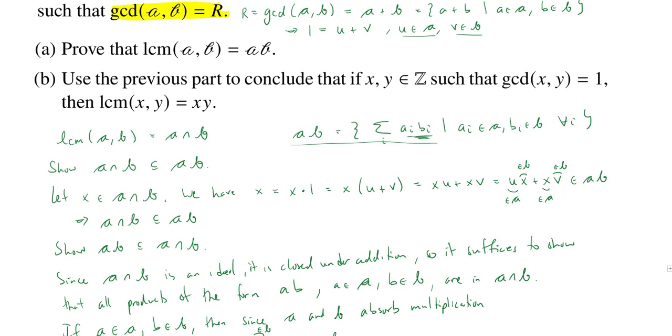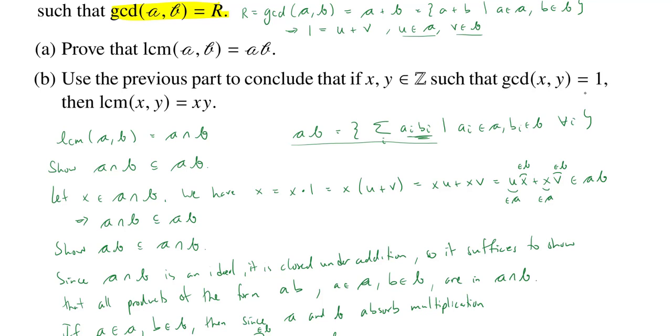What's the second part? Use the previous part to conclude that if two integers, x and y, are relatively prime, so their GCD is equal to 1, then the least common multiple of x and y is equal to x times y. All right, so this is actually going to be a fairly immediate conclusion because, so first,